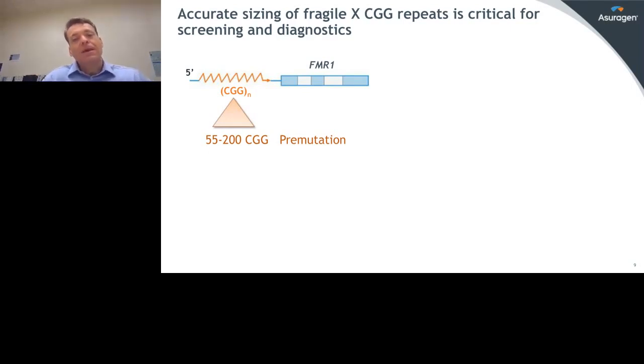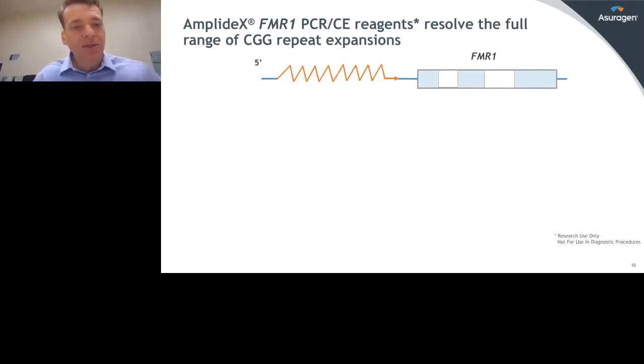And then finally, in the case of premutation women who are at risk of transmitting a premutation allele that can expand to a full mutation in the next generation, it's important to accurately size the CGG repeat, because even a plus or minus 2 CGG difference in premutation women can translate to a 20% differential risk for expansion in the next generation. So you want to make sure that you get that right. So the question is, how do we do that? How do we deal with the fact that this is a CGG repeat expansion? By definition, it's 100% GC. How do we deal with the fact that we need to identify more than 200 repeats of these?